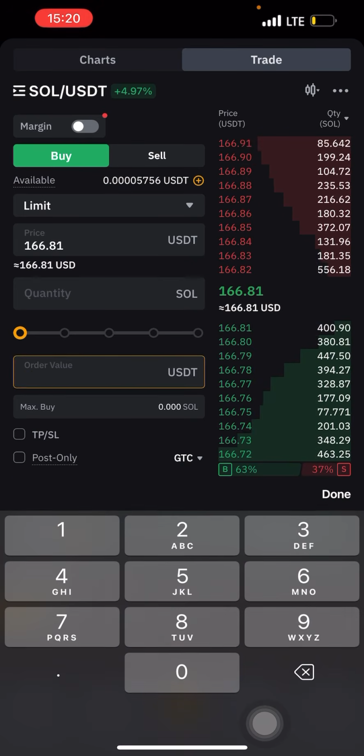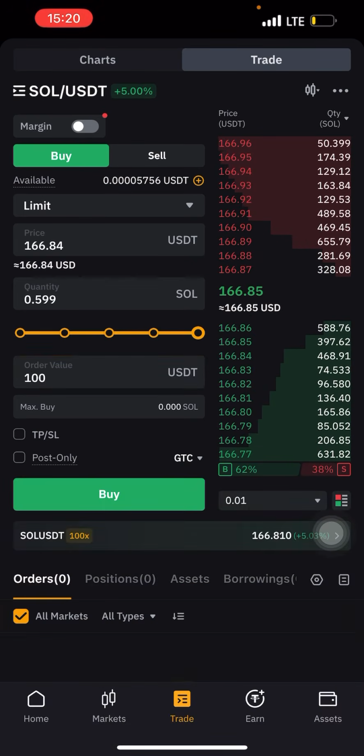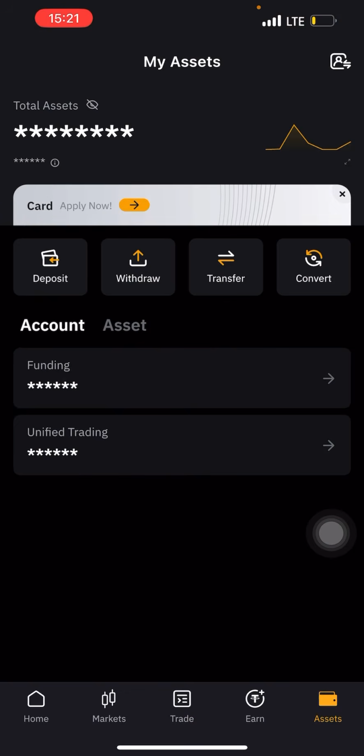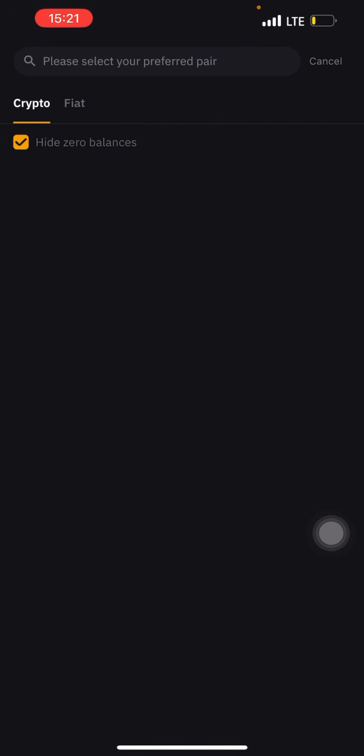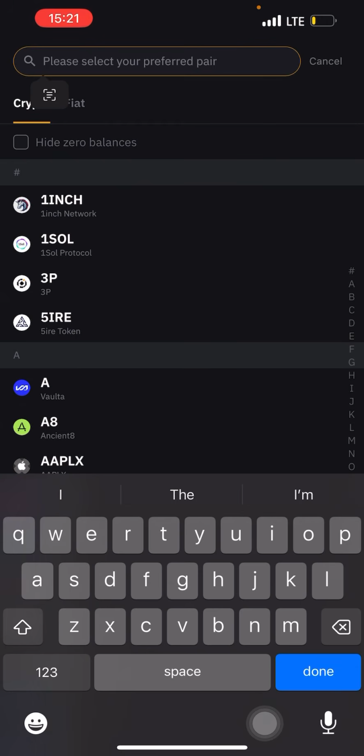So I'll just click on buy here to buy 100 USDT worth of Solana. It means that if I spend 100 USDT, I'll be getting 0.599 Solana. In order for me to do this, I have to check